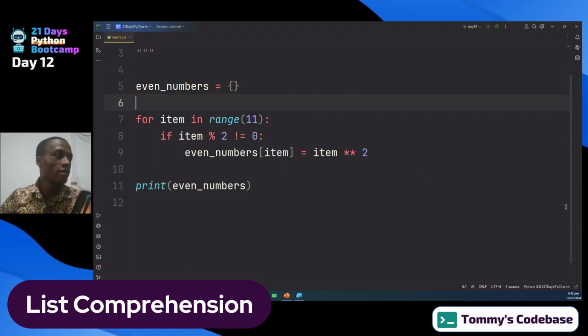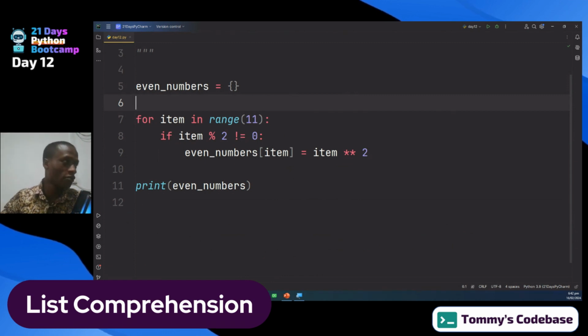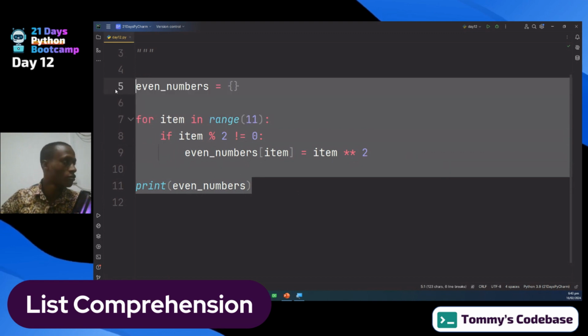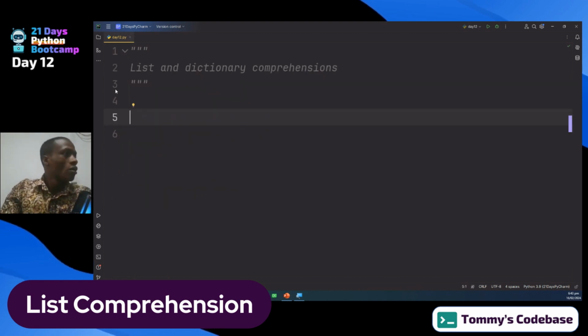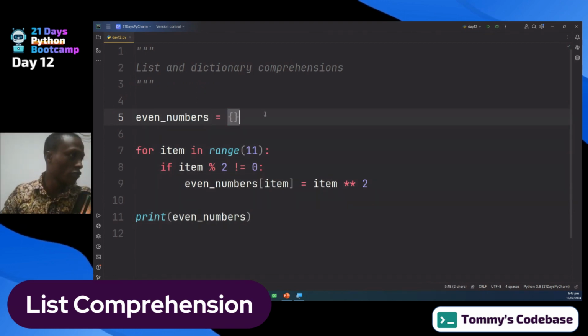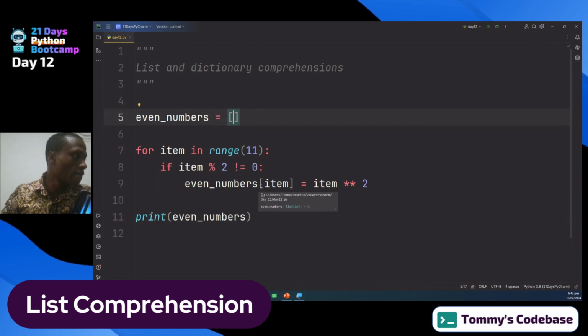Let's see how we can use this, use a dictionary, not the dictionary comprehension. We are using a dictionary to store it, but we are not using a dictionary comprehension here. We are using a list comprehension. So let's see how we can use a list comprehension to also simplify this particular expression. Or if the dictionary confuses you, maybe it was not even necessary, I can equally use a list here,